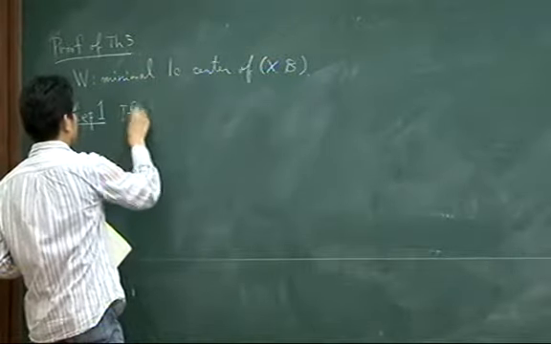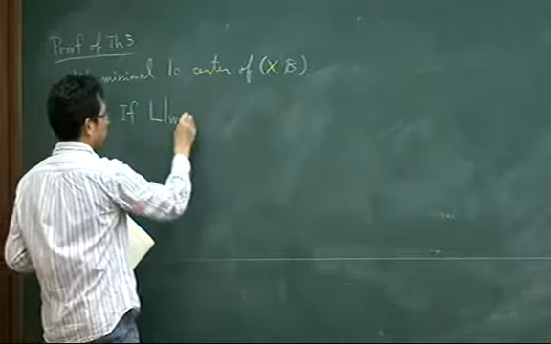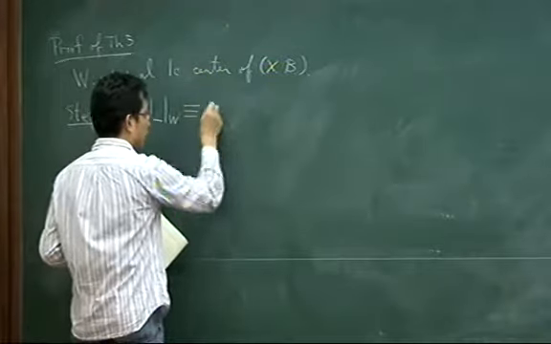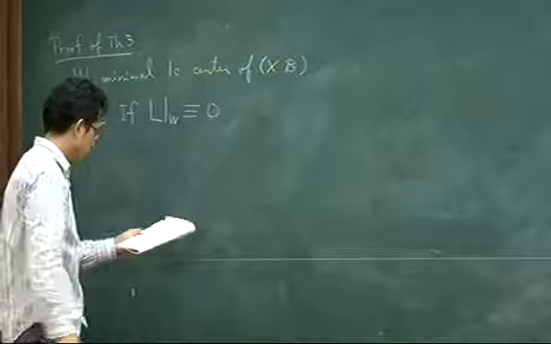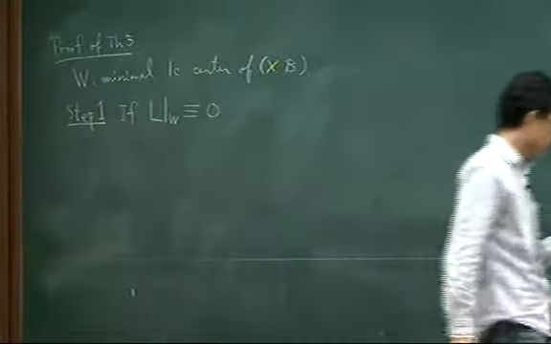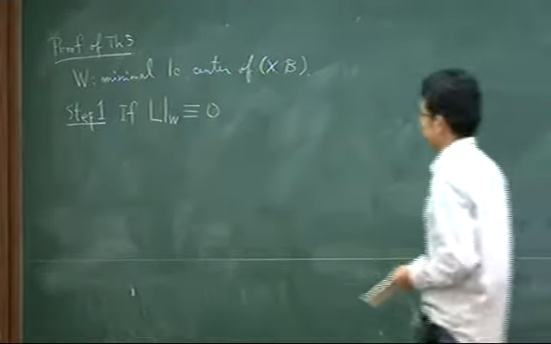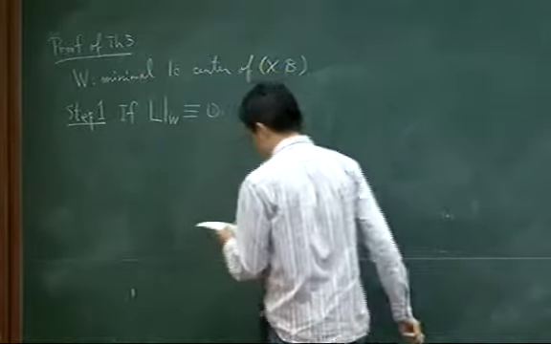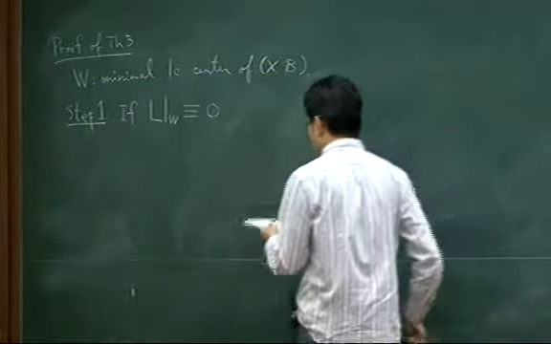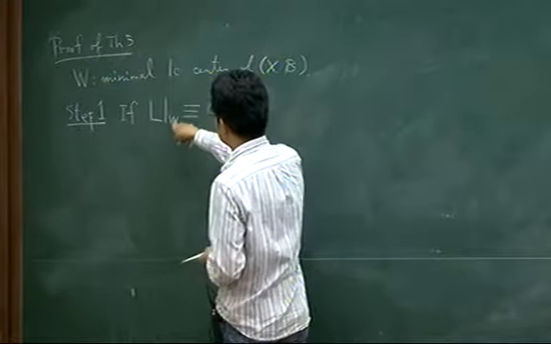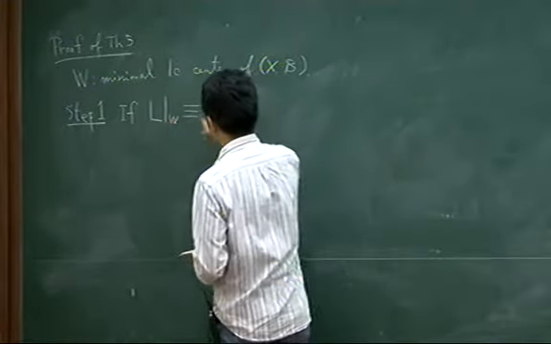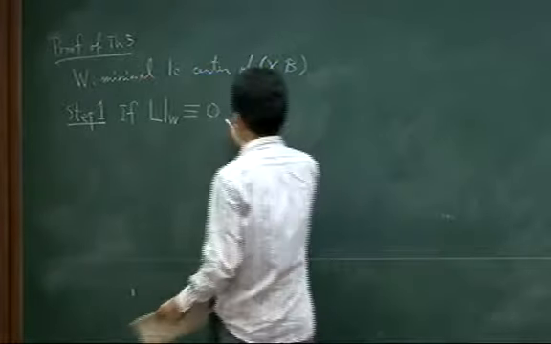Suppose L restricted to W is numerically trivial. Of course, L restricted to W is nef because L is nef, since restriction of a nef Cartier divisor is nef. So in this step, we assume restriction of L to W is numerically trivial. Then